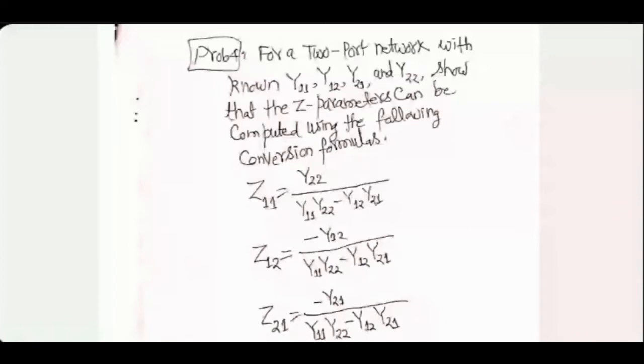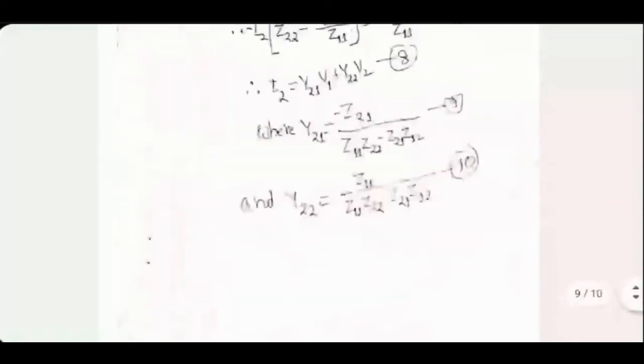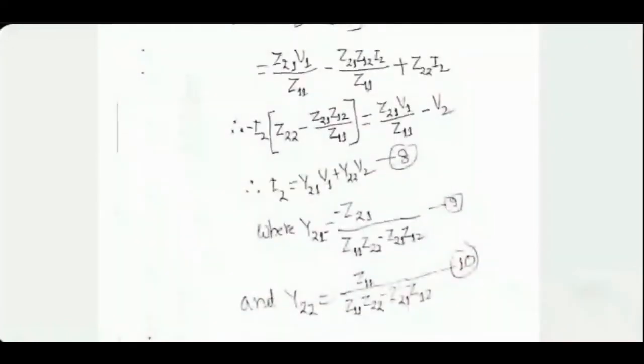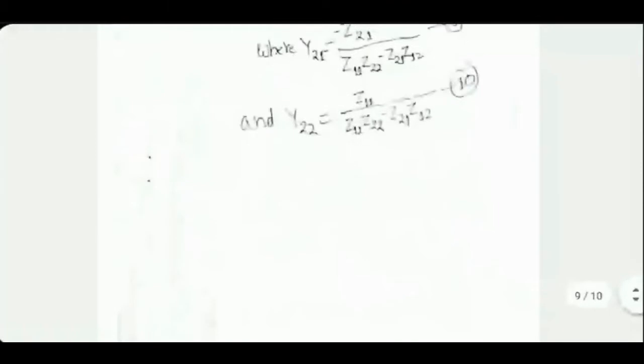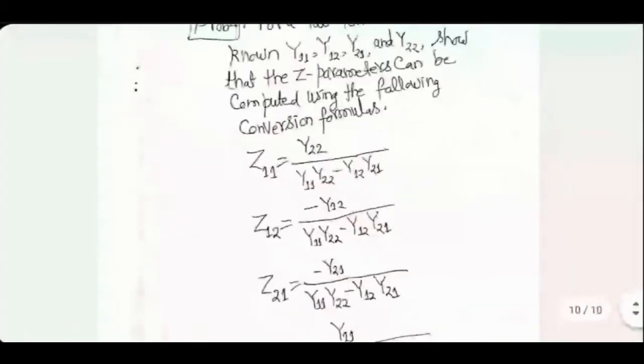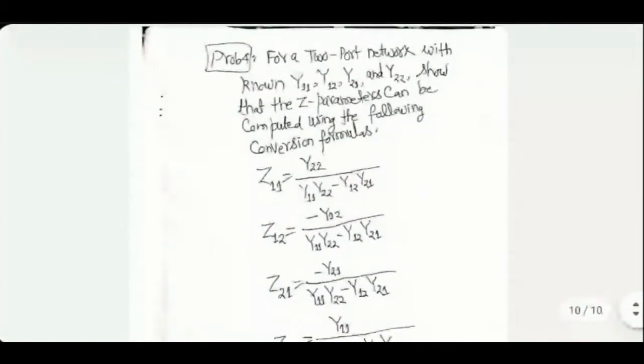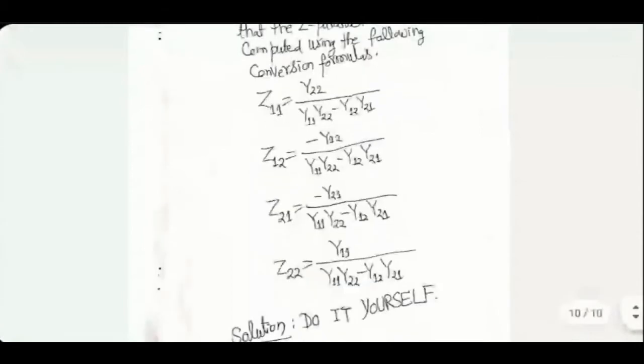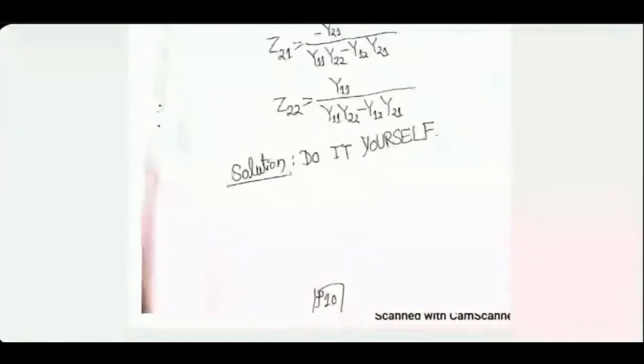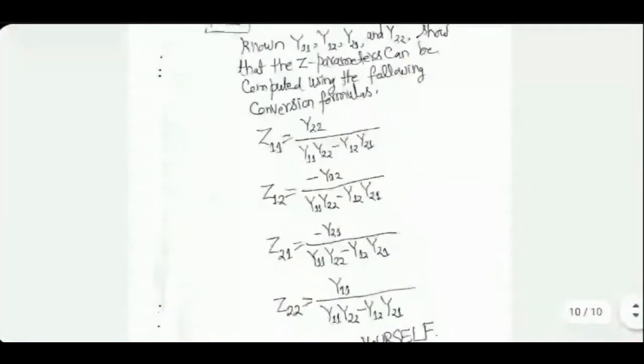So basically, even in the previous case, essentially we have come up with formulas for the 4 Y parameters if we know the 4 Z parameters. That's the previous problem. And here we have the reverse problem, where if you are given the Y parameters, how do you calculate Z parameters? It is a mathematical manipulation of the basic definitions of Z and Y parameters. I would like you to tackle this problem yourself. Okay. If you have difficulty, always contact me.